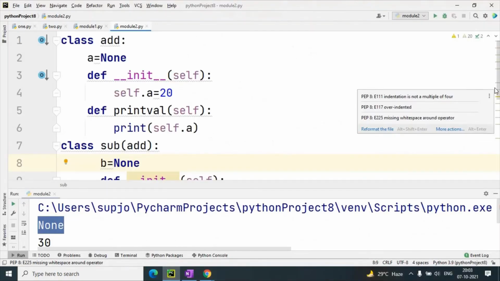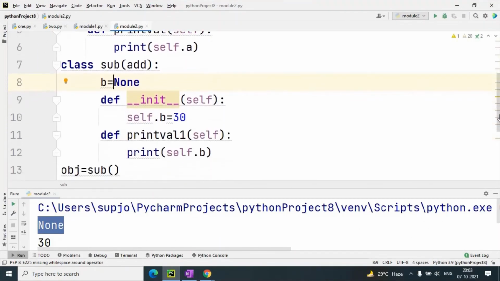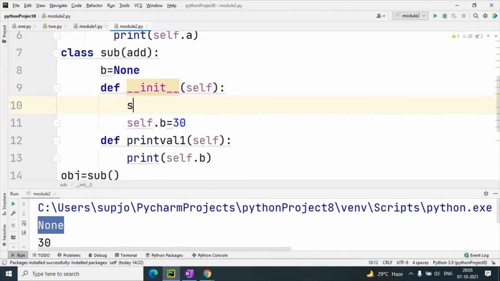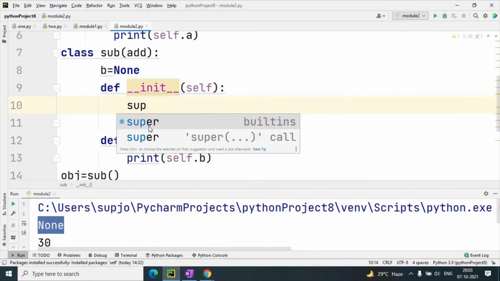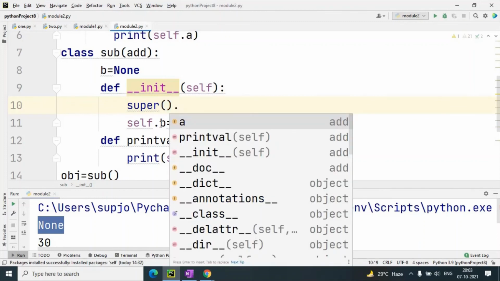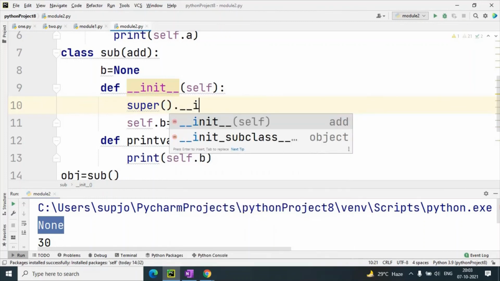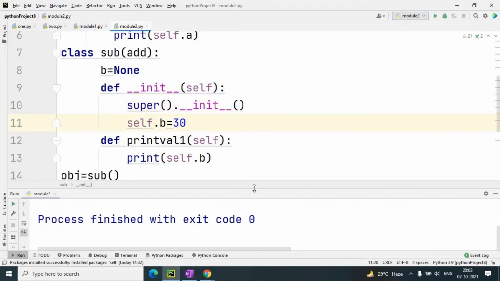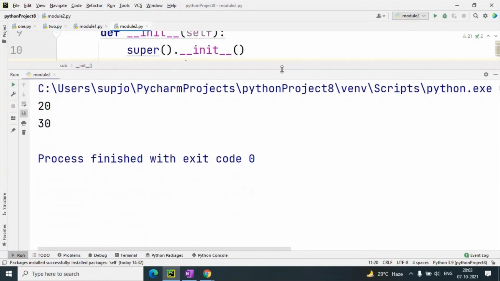In the derived class constructor, I have used super dot init. This is the base class constructor. Now you can see the output. The value of a is 20 now printing, and the value of b is already printing.